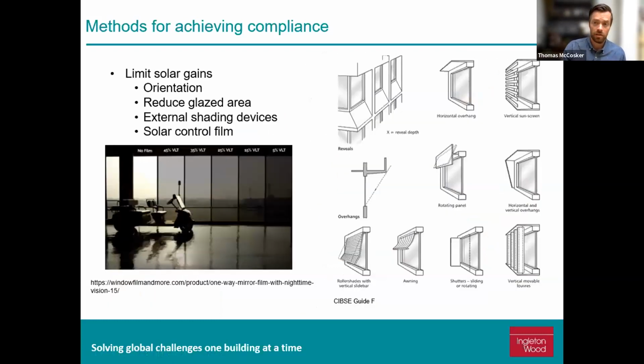Limiting solar gains is another great thing. Jason already discussed this, but external shading devices are the best. They cut down on the solar gain before it even enters or hits the surface. A window that is hot still radiates heat into the space, but if the sun doesn't hit the window, then it doesn't radiate the heat in. There's a number of shading options on the right there that are really well outlined in Guide F, which is helpful. And a good example of tinting or solar thermal control can be seen on the left there, where different percentages have been put on sequential windows.